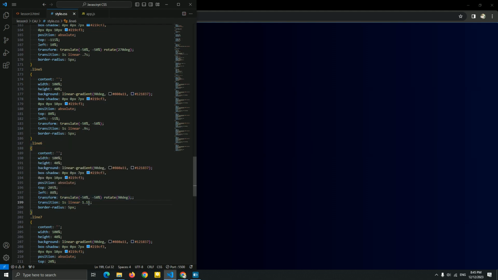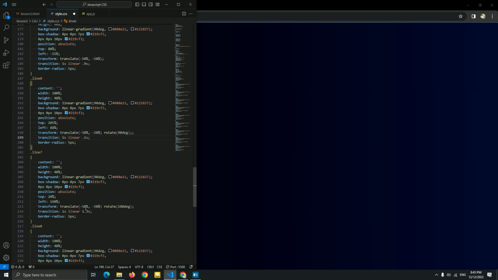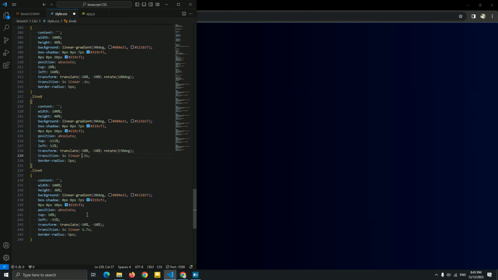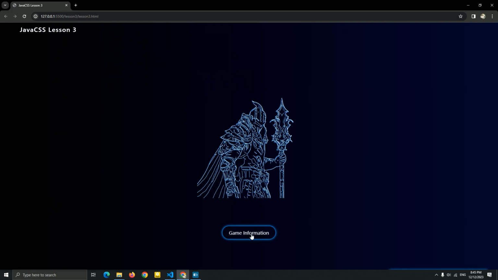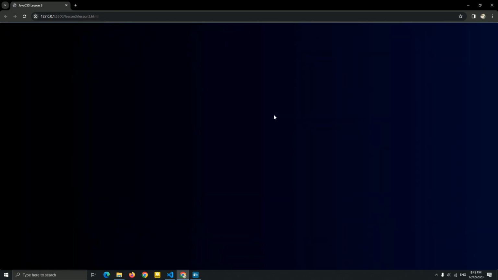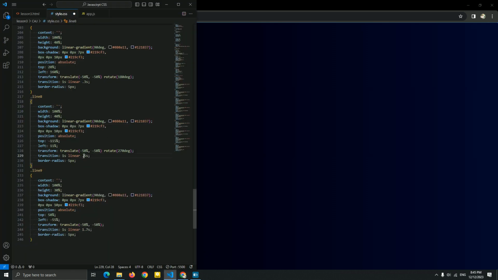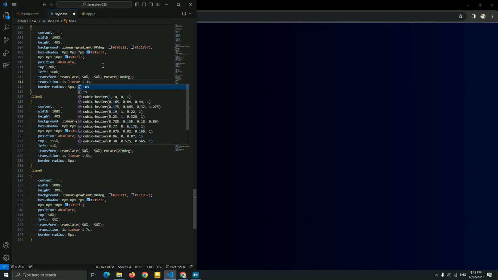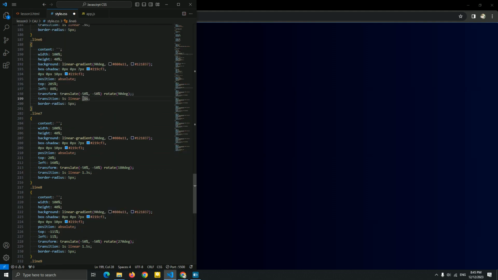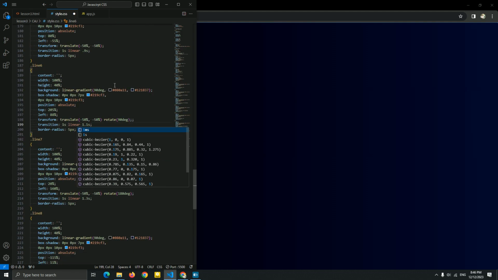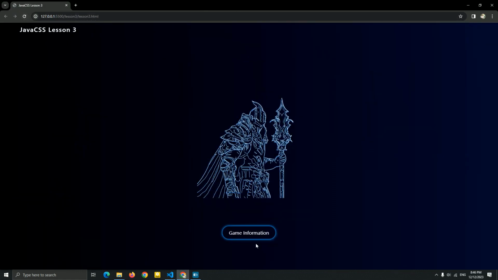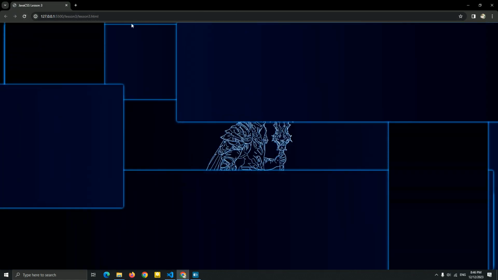So if I just remove this to show you what happened, let me just show you. You can see the animation starts faster, but just like I said, if I add this after 1 second, I add this linear as a sample start for this. You can see we get a better animation, a better start for this animation, and as you can see, it's very simple, but you need to practice.